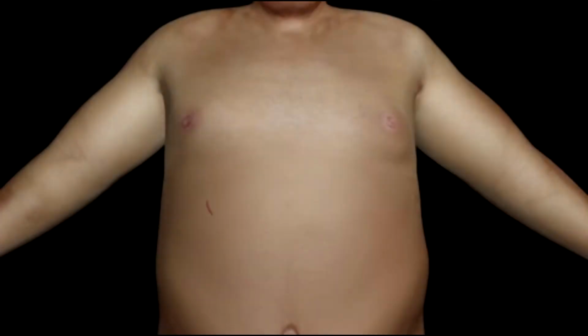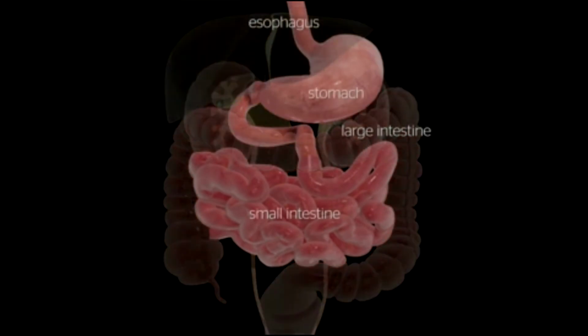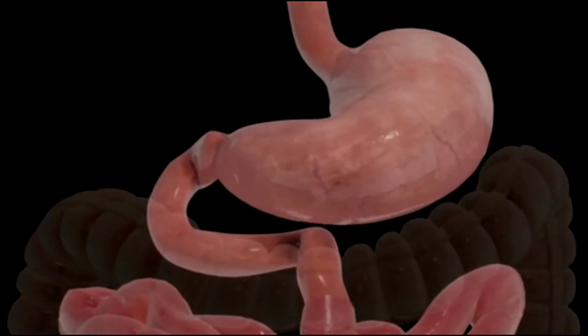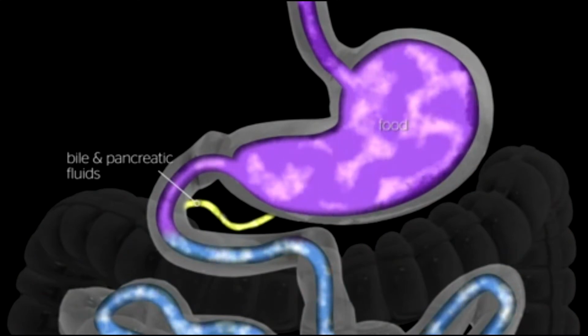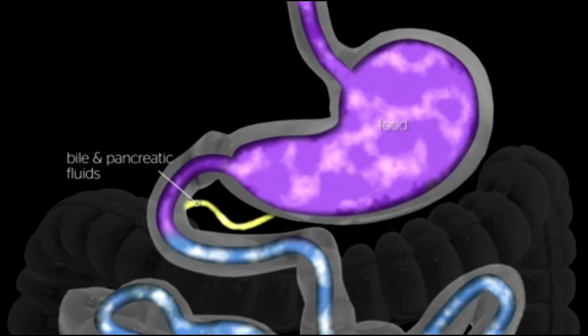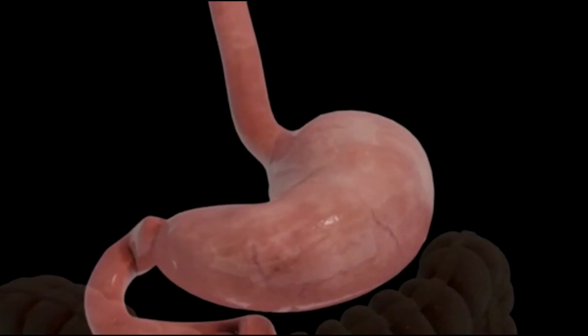gastric bypass. To access the abdominal cavity, small incisions are created. Trocars are placed to serve as passageways for surgical instruments. The surgeon examines the abdomen using a laparoscope or video camera. The average human stomach can expand to hold around 1 to 1.5 liters of food. While in the stomach, food is combined with digestive enzymes. These help break the food down into a simpler form so that it can be digested more easily and absorbed in the small bowel. During a gastric bypass, a small pouch is created in the stomach using a stapling device.